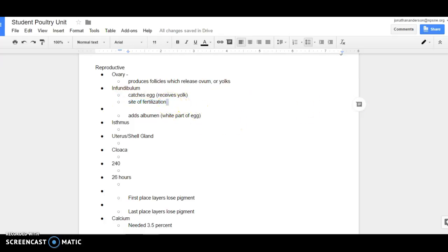As it continues on, it hits the magnum, and in the magnum, it adds the albumin, which is mostly protein. It then leads to what's called the isthmus. The isthmus adds the shell membrane, so it wraps around that albumin and that yolk. After adding the shell membrane, we add a calcified shell, and out pops the egg